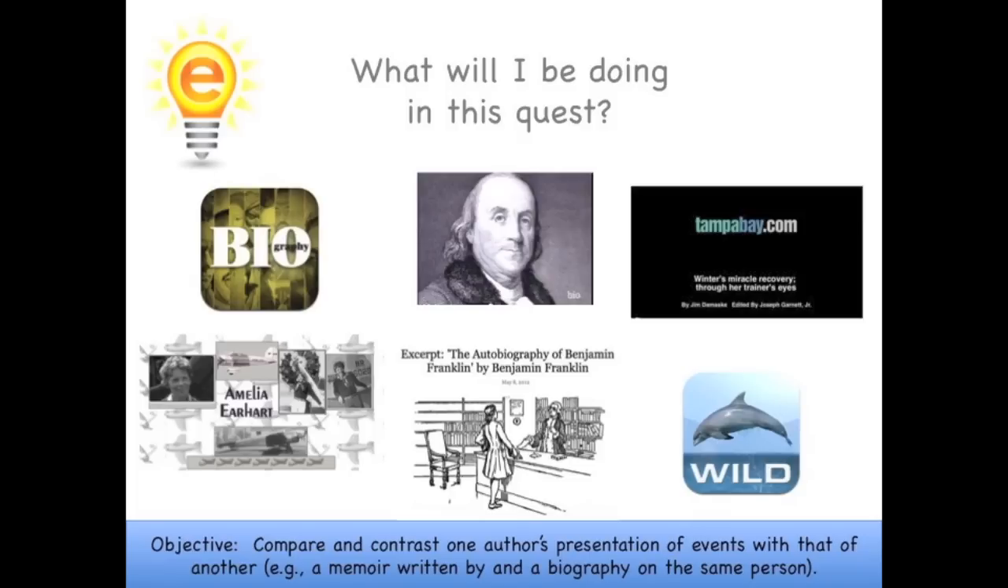So let's take a look at what types of texts you will be reading and comparing. You will read 2 biographical accounts of the life of Amelia Earhart, one in the biography app and the other on a web page. You will also read about the life of Benjamin Franklin. You will read an excerpt from his autobiography on a web page and compare it to a viewing of a